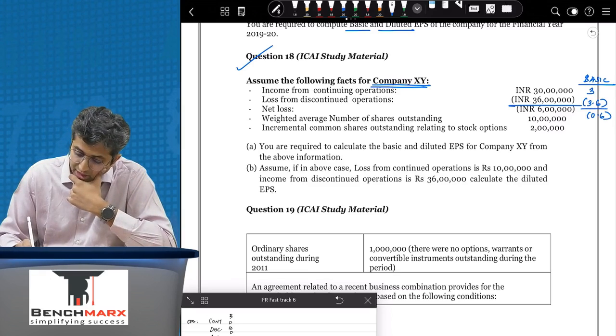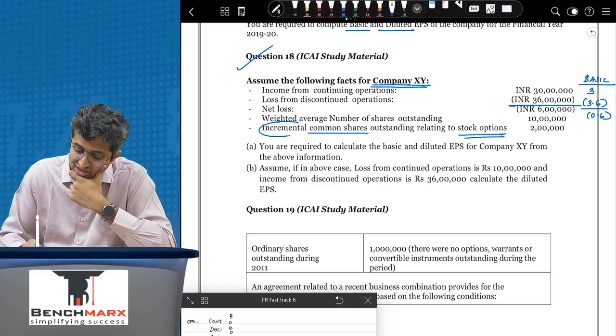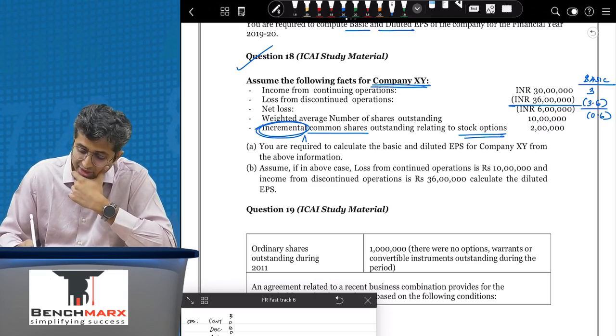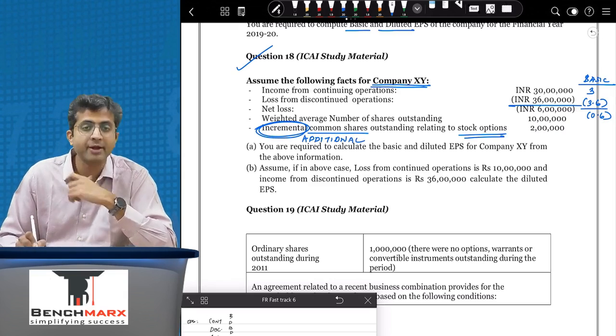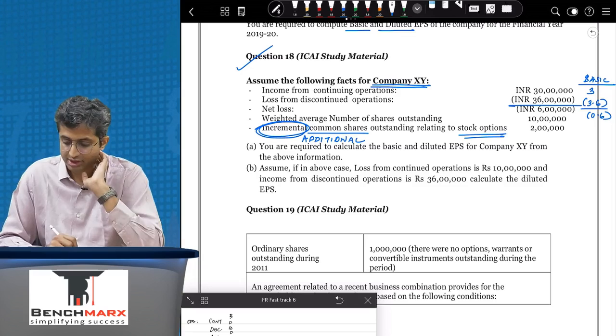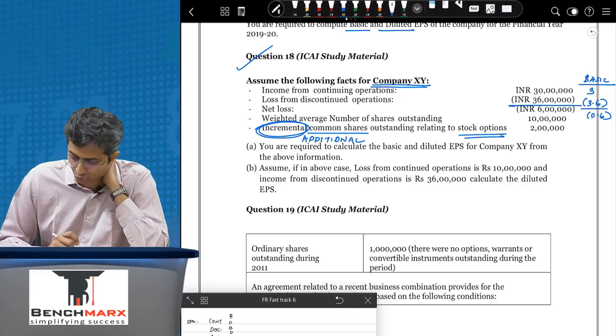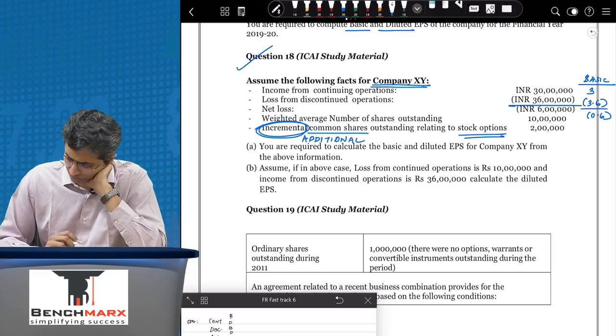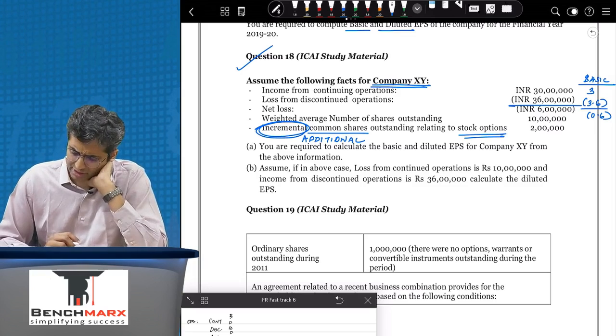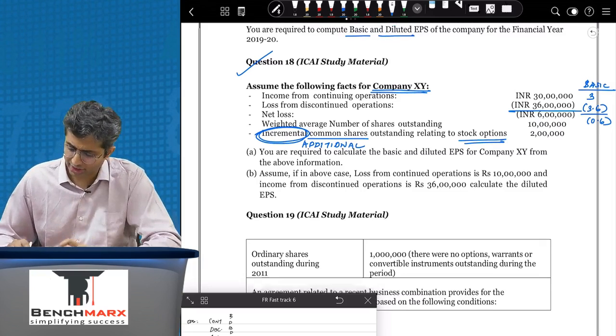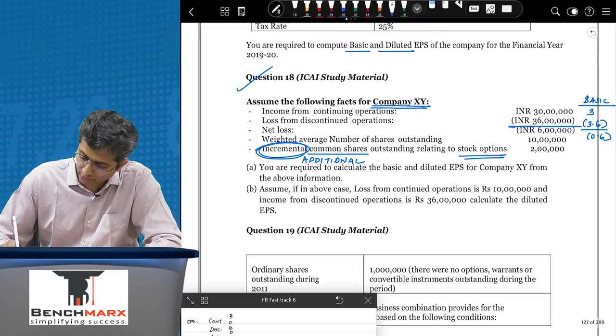Okay. Incremental common shares outstanding relating to stock options. This is incremental. Incremental means additional only. So this is like the free element directly given to you. It's like the incremental shares outstanding relating to stock options, 2 lakhs. So the question arises, should you include this 2 lakhs or not? Well, what we will do is, among other things, we will try to calculate whether the inclusion of this 2 lakhs,